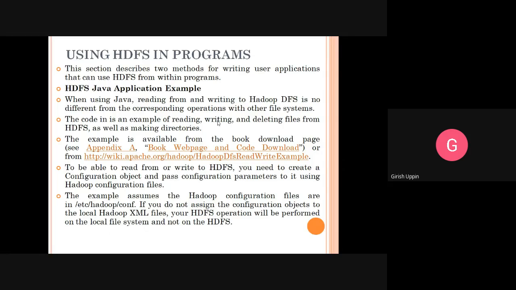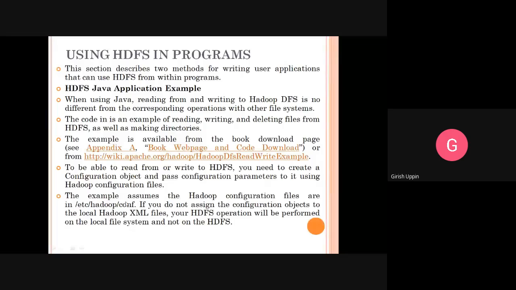So in that particular example, we can read the file, write the file, delete the file, and also create directories in HDFS. And if you want the code, this is the link. This link is available in the textbook also.